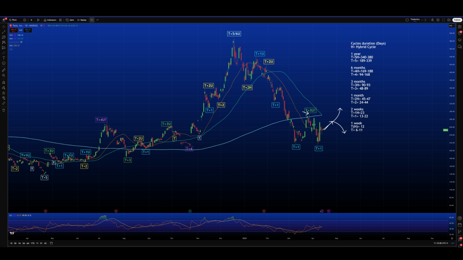So we are not bound to the downside because we have the minimum duration for the T+5, but still, as I keep repeating for all the other stocks, the main markets, the main indexes are set to the downside until beginning of May this year. So be extremely careful to open long positions right now.